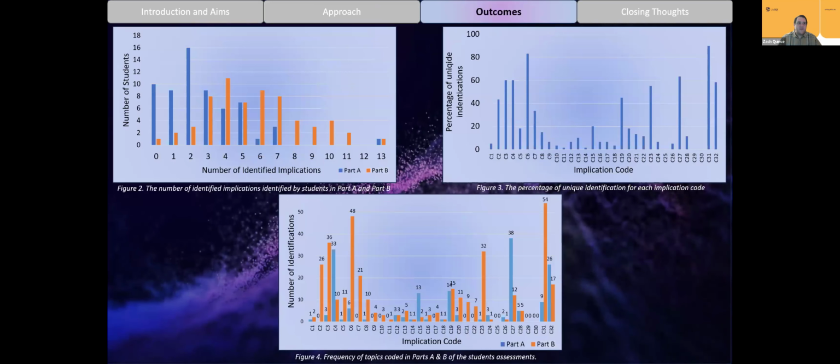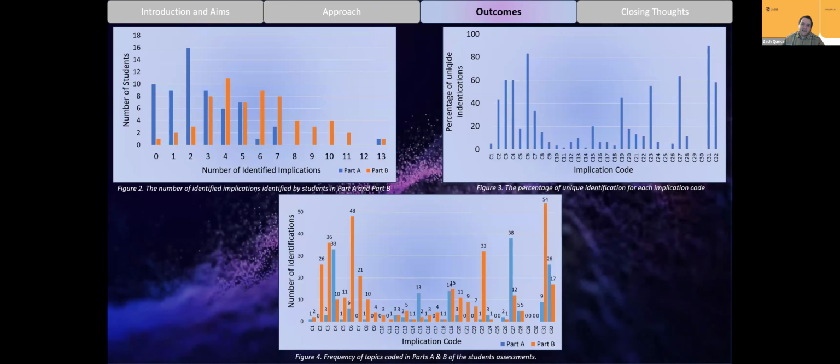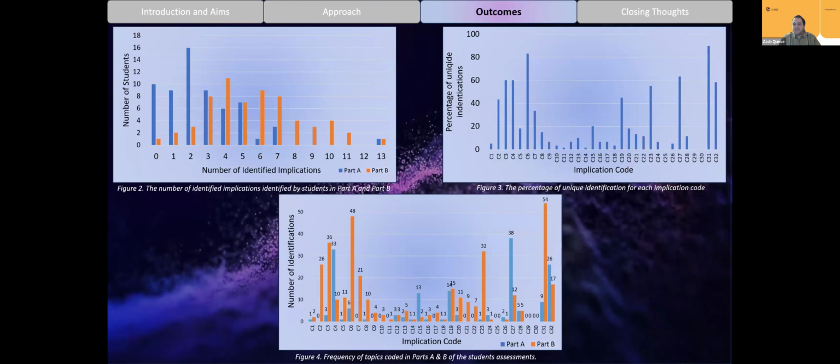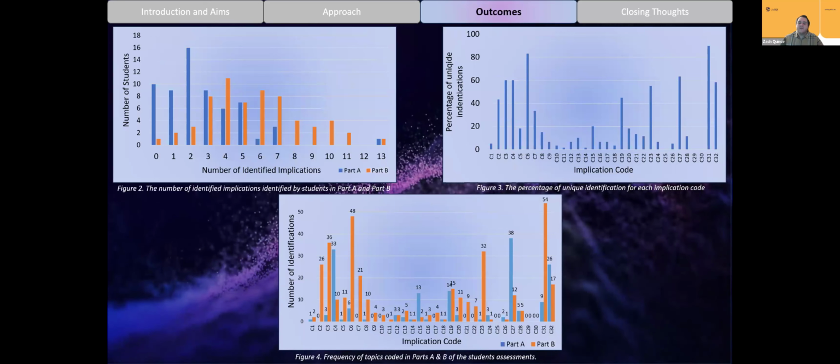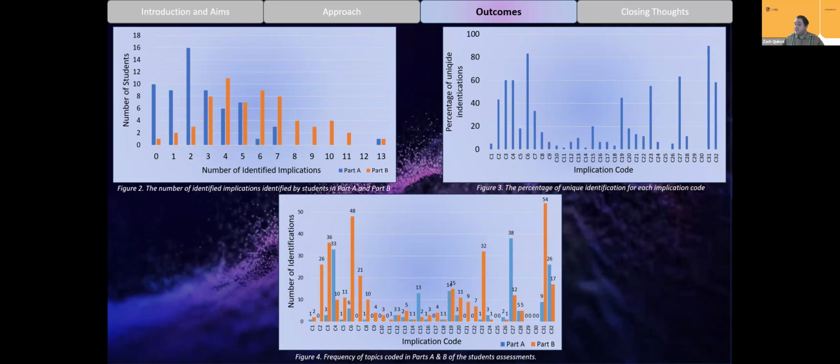What we ended up with was figure 2, the number of identified implications by students in parts A and B. As you can see, there is a lot more orange than there is blue on that graph. In part A, students were on average only identifying approximately 2 themes in the entirety of part A. Whereas in part B, the median was 5. So we can see that there were a lot more topics being examined by students in part B. So this was definitely showing that there was explicit